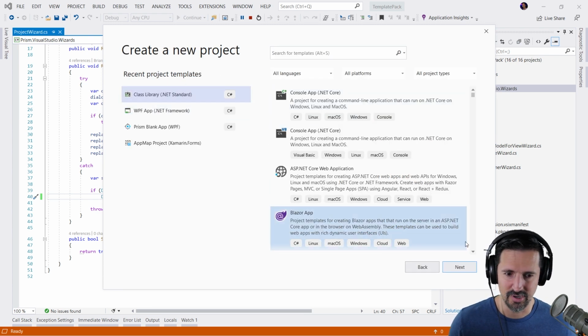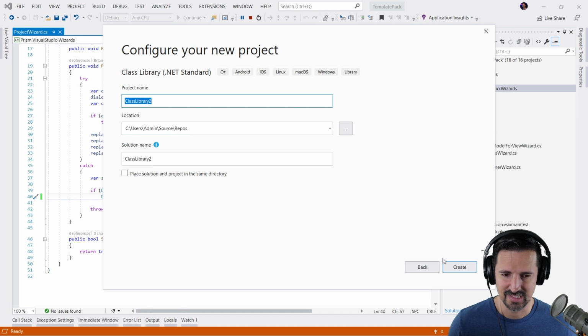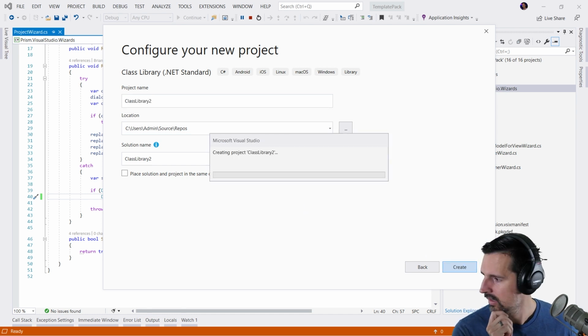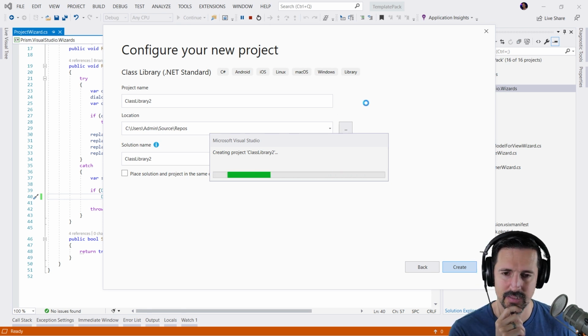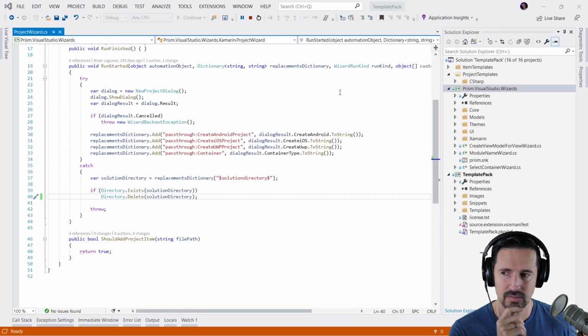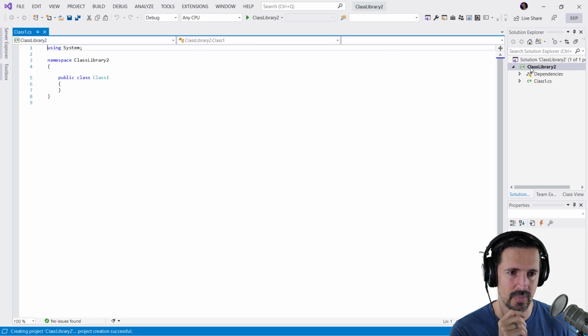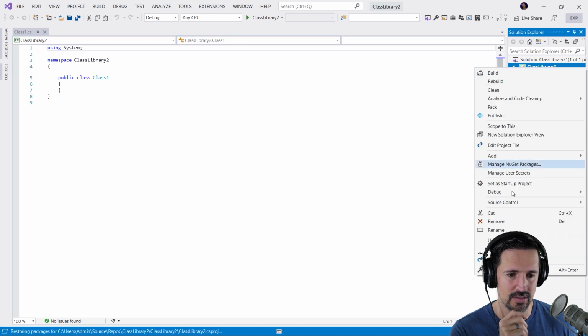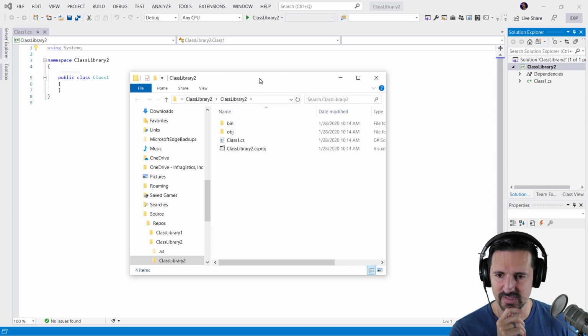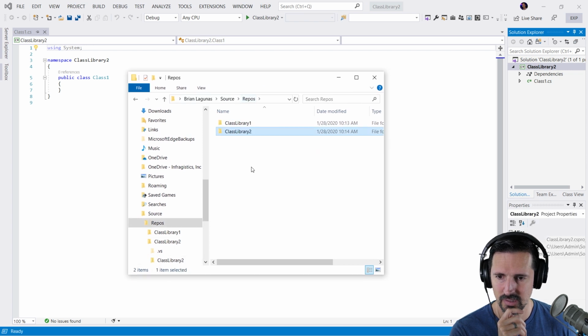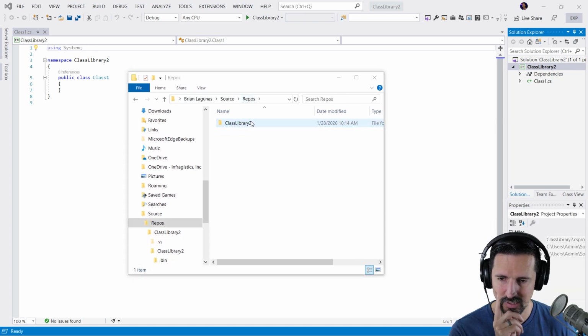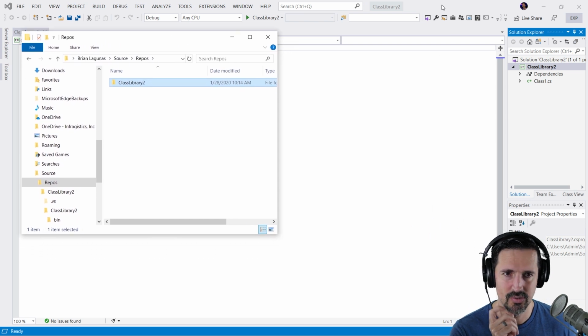So let's create a class library. Class library 2, that's fine with me. Oh, I closed that folder, dang it. I'll open it back up, no big deal. Alright, so let me drag the experimental instance over. I'm going to right click and open folder and explore so we can see what's going on. Okay, that's a dead one. Okay. So now what we want to do